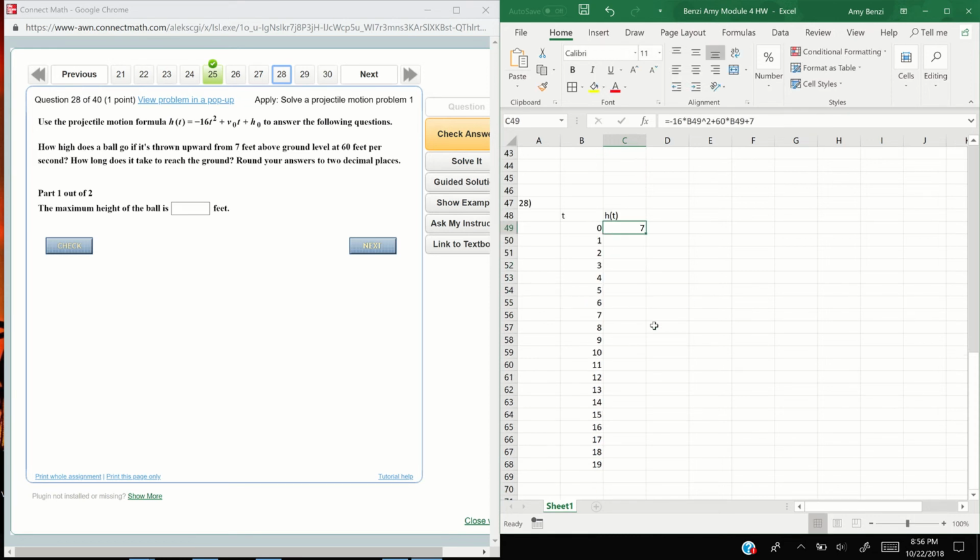And again, like I told you guys, I learned the other day, I don't have to drag this down anymore. I just get to put my little black cross cursor and click, click. And look at that, everything gets filled in. All right,